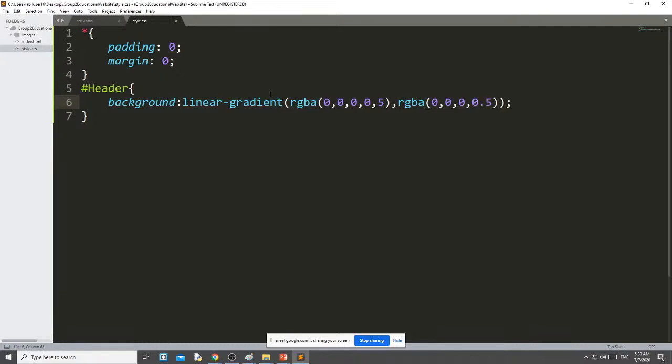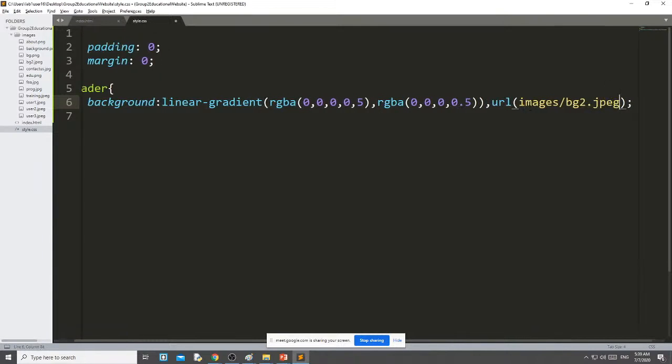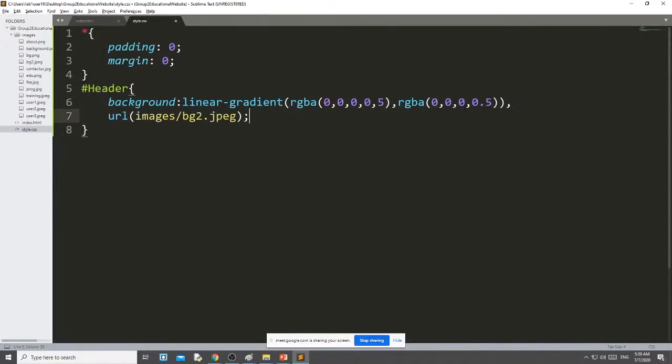Then which background image I want to keep, URL. See, my image is inside the images folder. That's why I have to write images/bg2.jpeg. Okay. For better readability, I just move it to the second line.